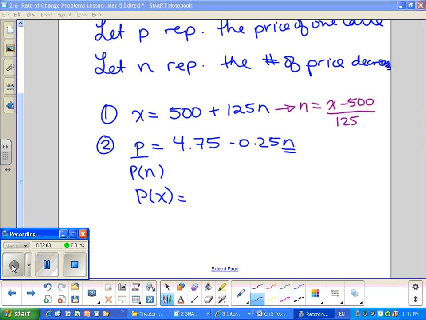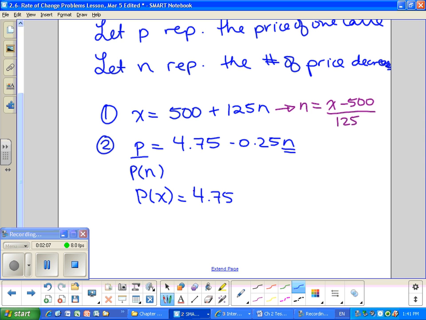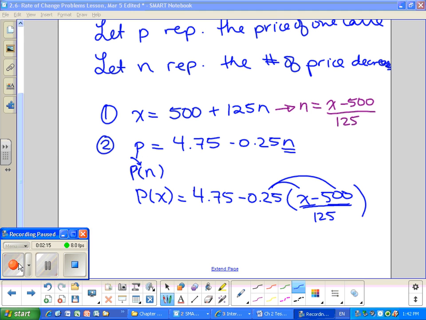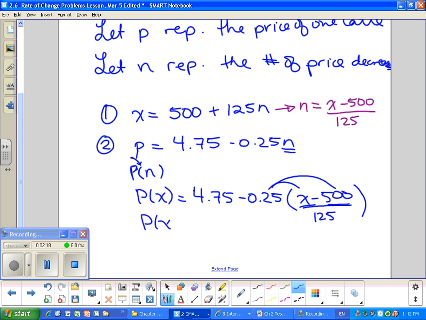So now you can substitute it in. So you have 4.75 minus 0.25 times X minus 500 over 125. What you'd end up with is 5.75 and then minus,